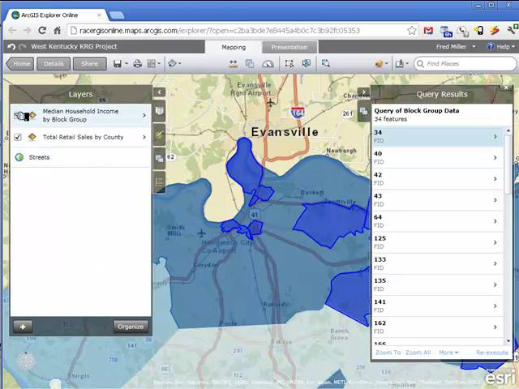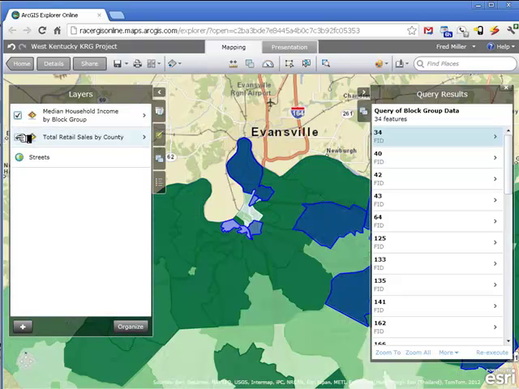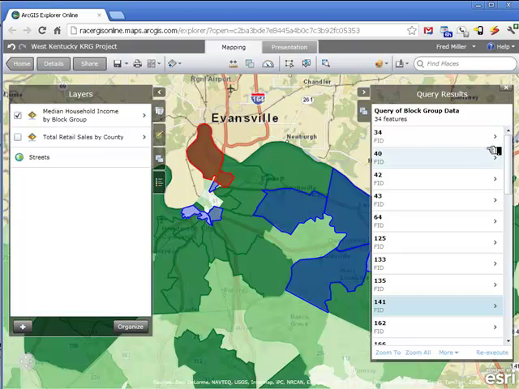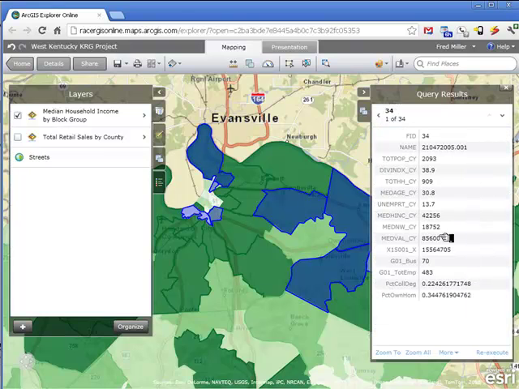Now to see those, I need to change the display, and so now I have a series of block groups in that county that I'm looking for. So to find out the values of those, I can simply cycle through the ones that are selected. And so now we have population of 2,000, percentage of college workforce at 22%. And I simply look block group by block group